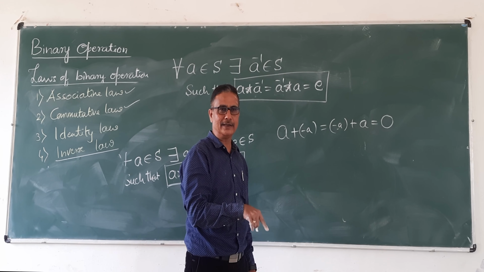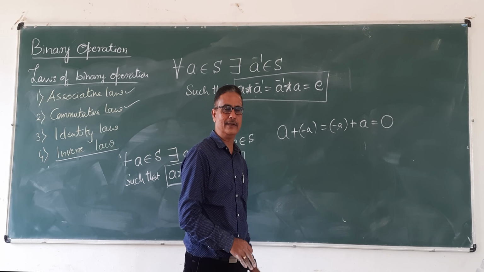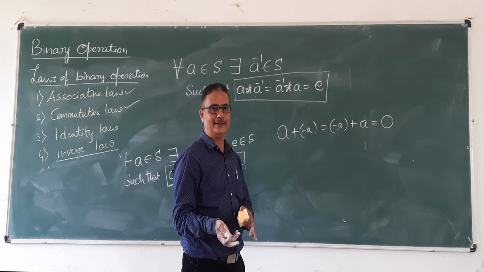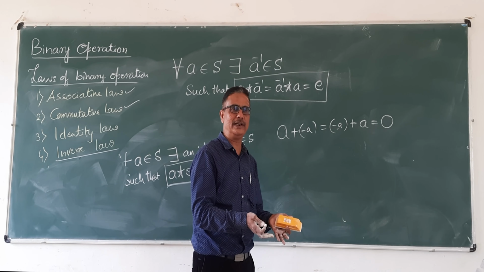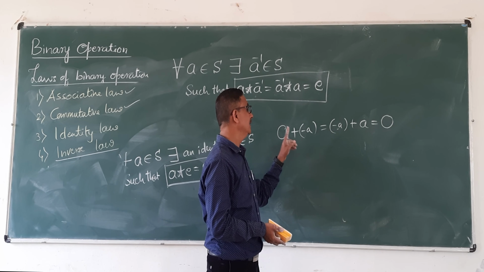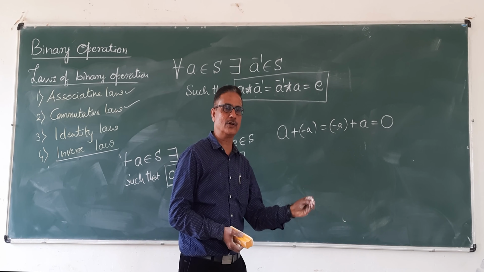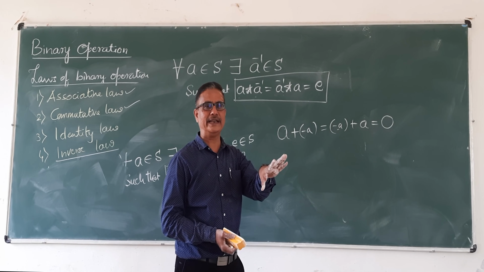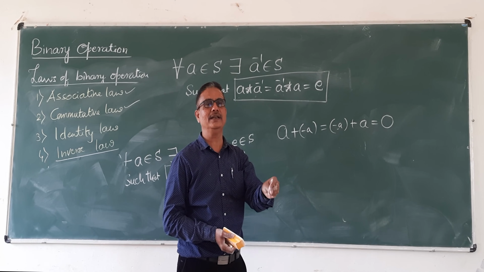2 number ಕೊಟ್ಟಿದ್ದಾರೆ. Its inverse in addition is minus 2. Minus 5 is given. What is inverse of minus 5? Plus 5 in addition. Inverse of 7 is in addition minus 7. Inverse of 1 by 2 is minus 1 by 2. So in general, in addition, inverse element is negative of the given element. If B is given, its inverse in addition is minus B. C is given, its inverse in addition is minus C.